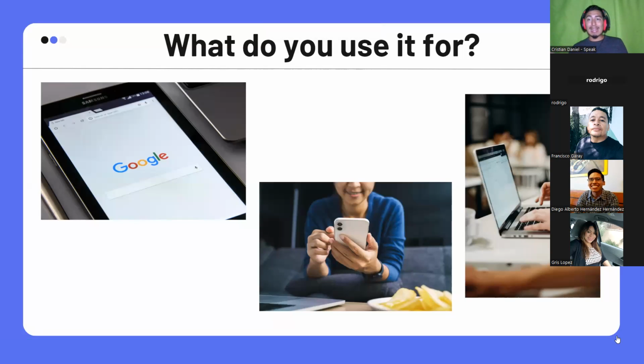Maybe some of you have a laptop or a desktop computer, and maybe a few of you have a tablet. Now, everybody, I want you to tell me, first of all, which one do you use the most, or which one do you like the most? Then tell me, what is the main use you give to these objects? For example, guys,